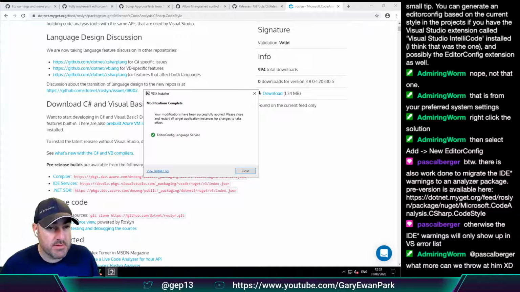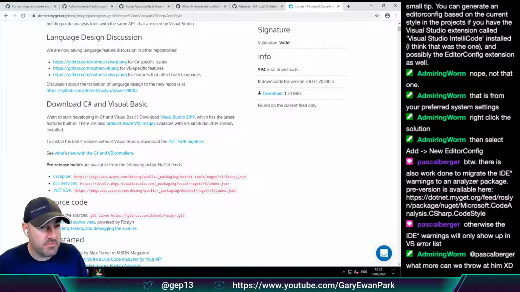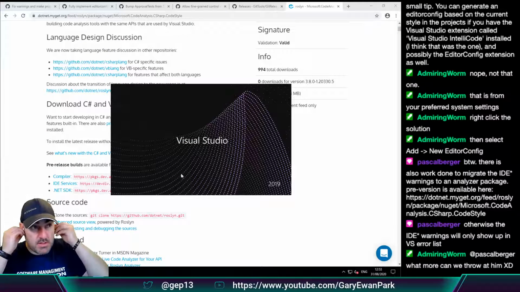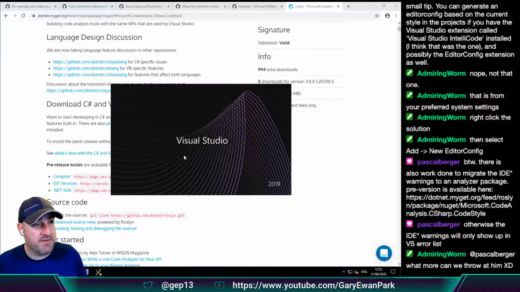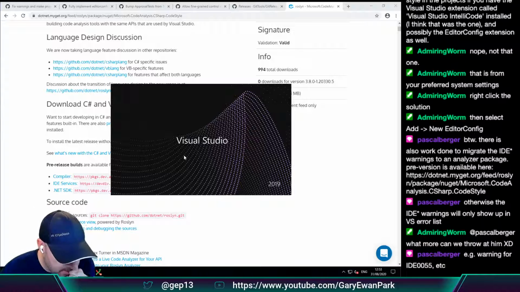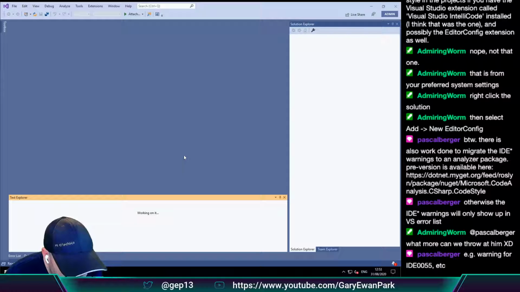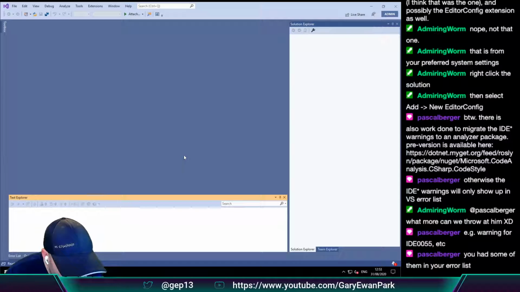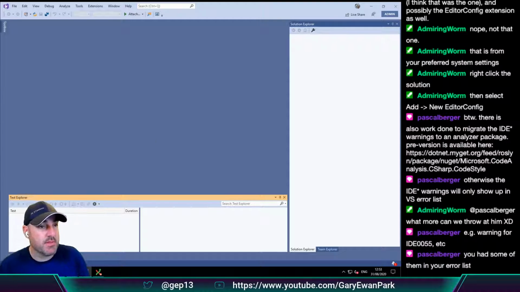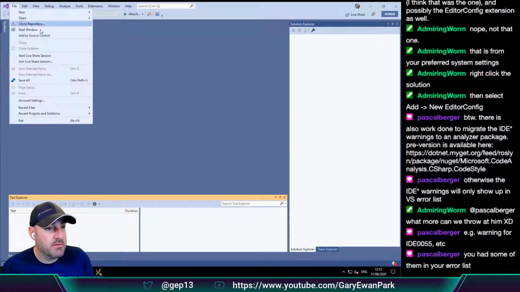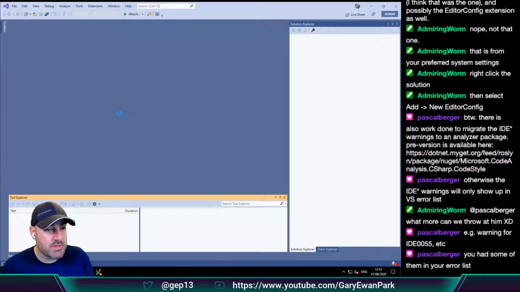Okay, so let's close that off and let's open this. And let's have a go at fixing some of the errors that were now made errors. Oh, I did. Well, let's have a look. So file, recent projects, GitReleaseManager.